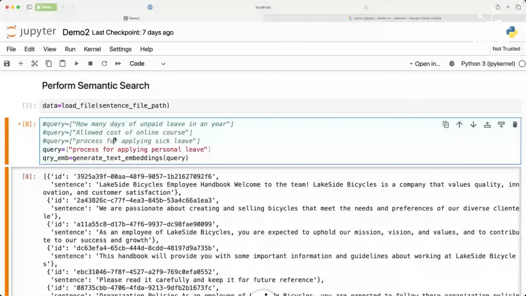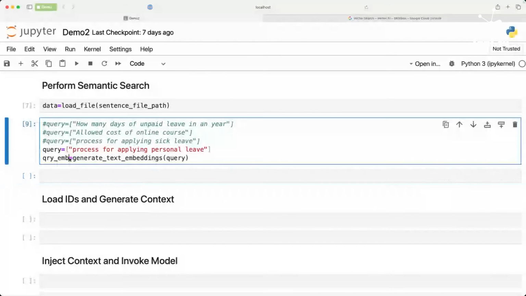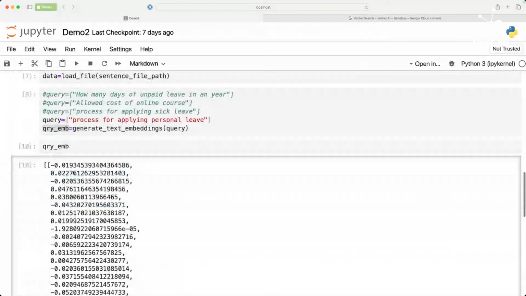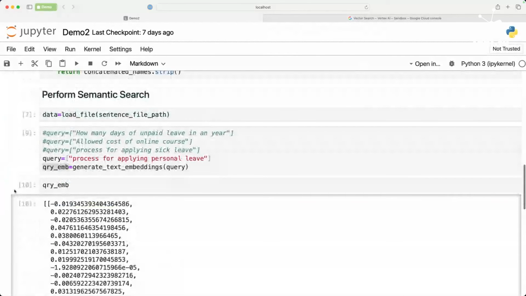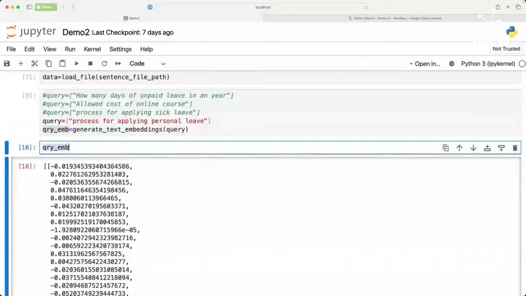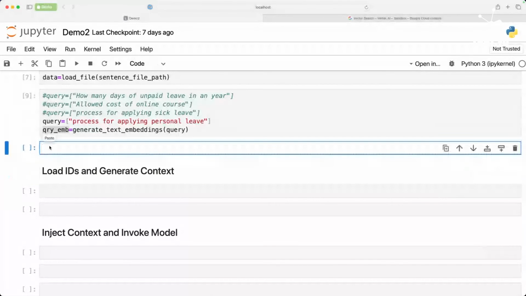So now we have two entries. One is the query that contains the prompt, and the other one is the query embeddings. Now, if you look at the query embeddings, it basically contains a long set of vectors. That is the set of embeddings that we need. All right. So now with that in place, guess what? We are ready to basically